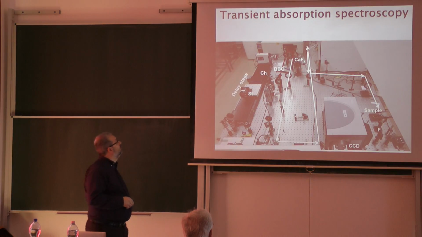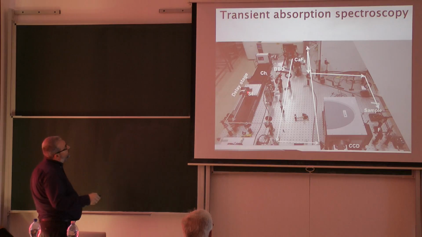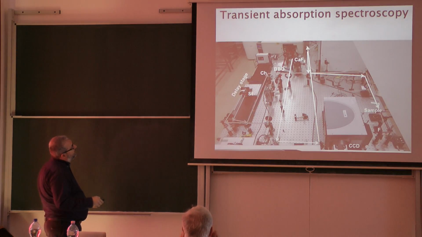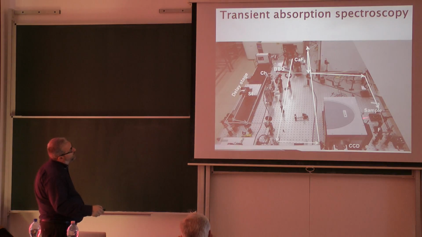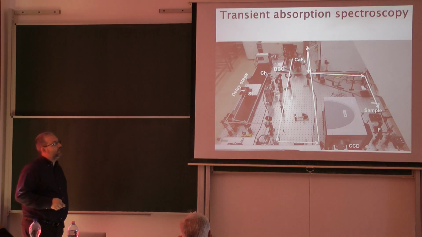I will talk about it in a minute. And this will be our probe actually. After the BBO we will have a blue beam, and it goes to this corner cube, and this will be our excitation beam for the sample. We will excite the sample with this blue beam, and we will probe it with